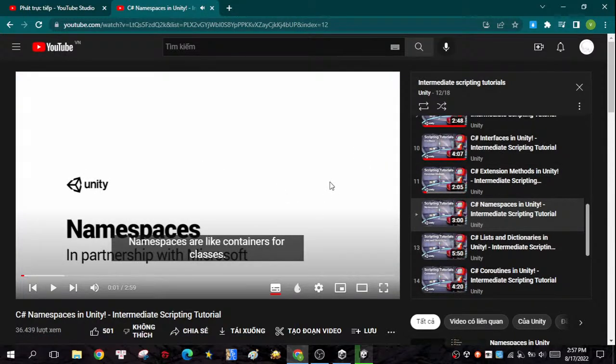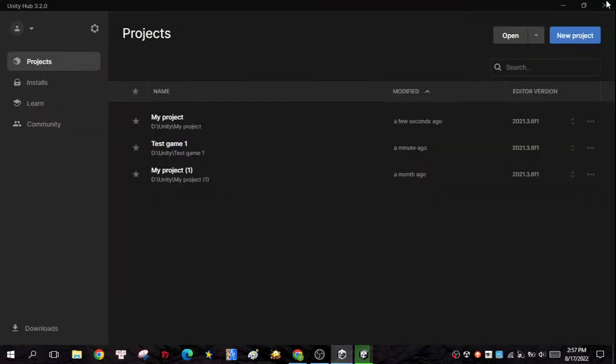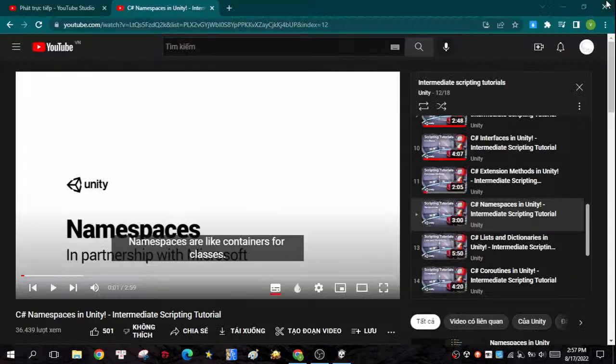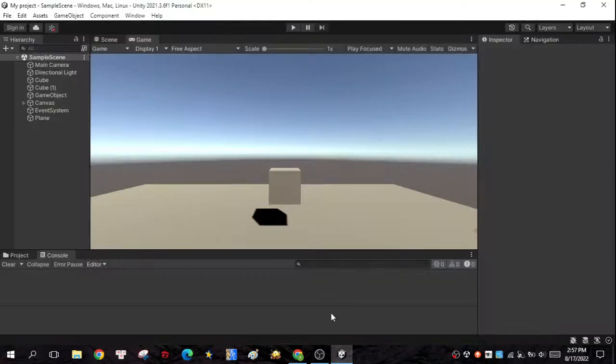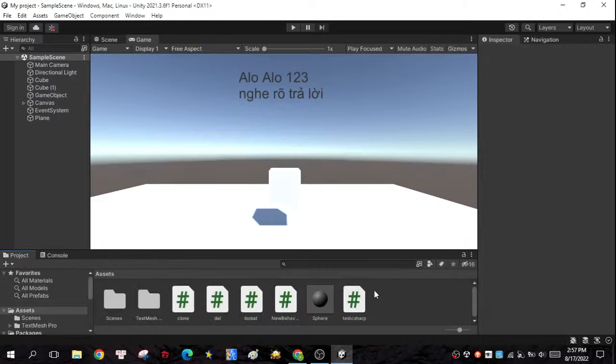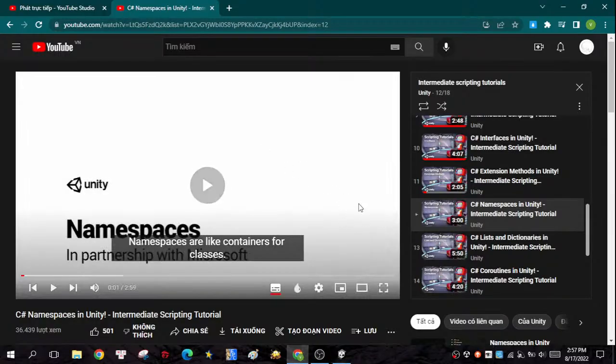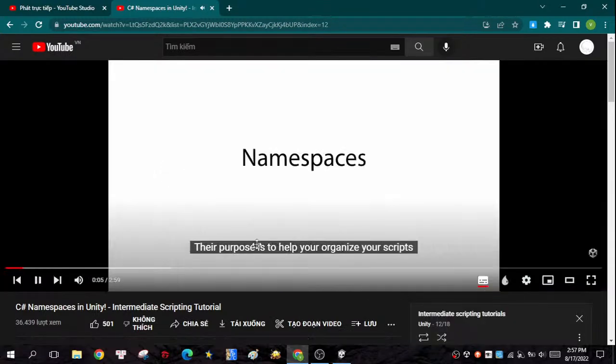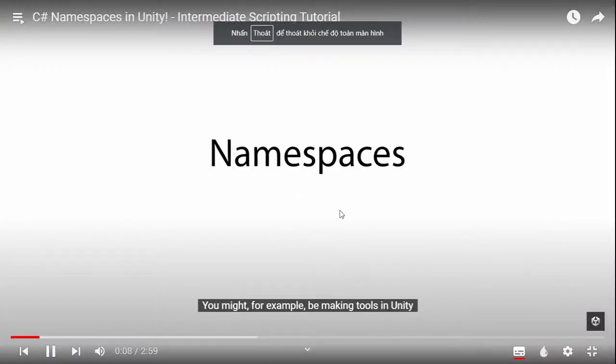Namespaces are like containers for classes. Their purpose is to help you organize your scripts and to avoid conflicts between scripts. You might, for example,